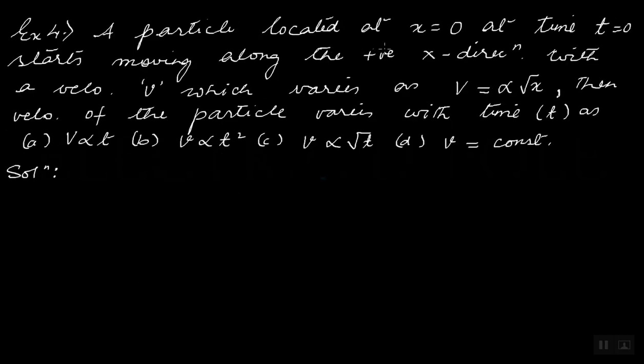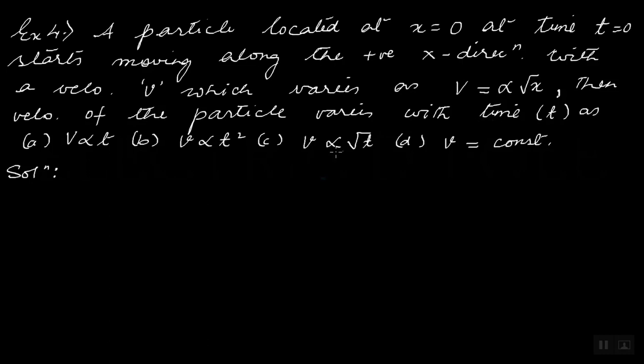A particle located at x equals 0 at time t equals 0. x equals 0 means the origin. That means in the beginning, before the particle starts moving, it was at the origin. It starts moving along the positive x direction with a velocity v, which varies as v is equal to alpha root x, where alpha here is a constant. Then velocity of the particle varies with time t